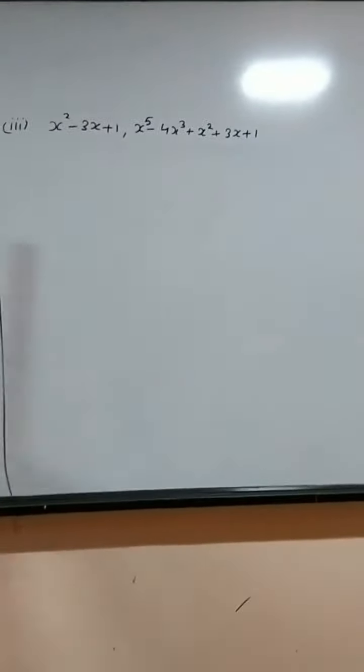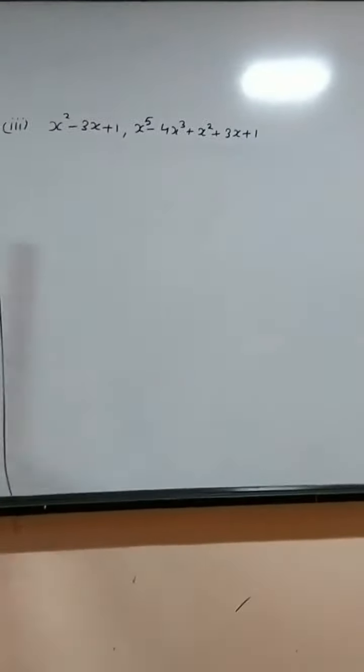Second, the degree of g(x) and r(x) must be equal. So here, this is p(x), this is g(x), this is q(x), and this is r(x). Here you see, the degree of q(x) is 1. You have to find this: the degree of q(x) is equal to the degree of r(x).